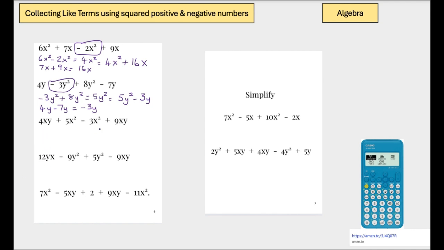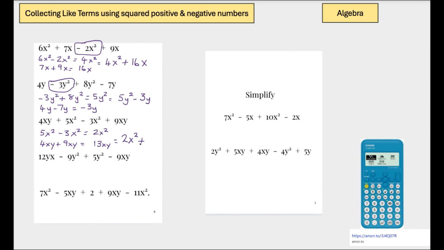So the next one, same again. Let's look for the biggest numbers there. Okay, so we have 5x squared subtract 3x squared, which gives us 2x squared. Then we have 4xy plus 9xy, which gives us 13xy. Put it all together, 2x squared